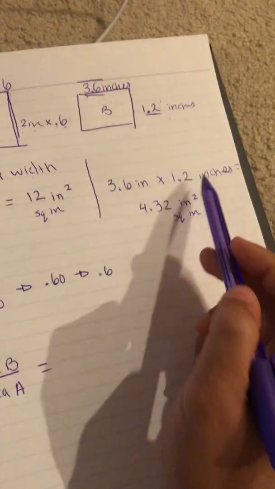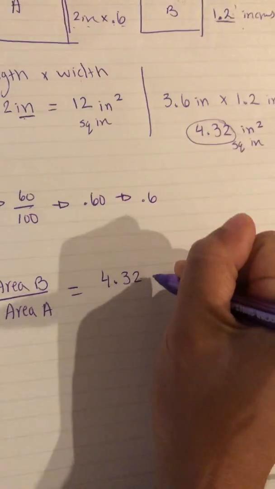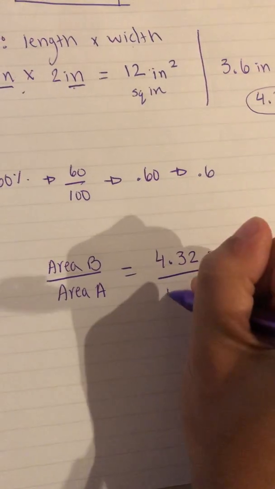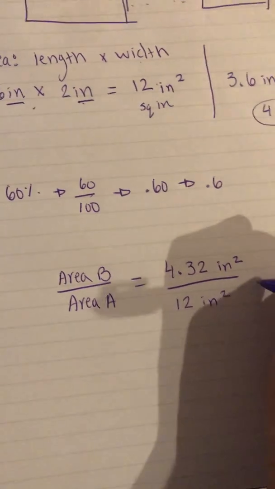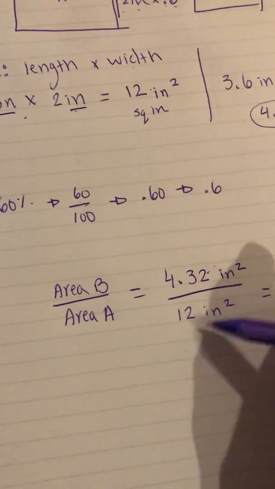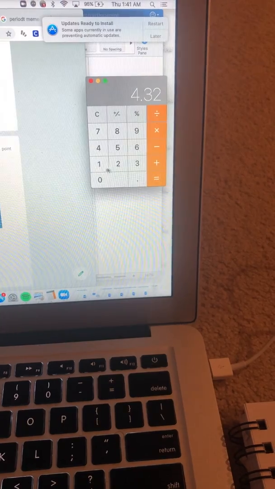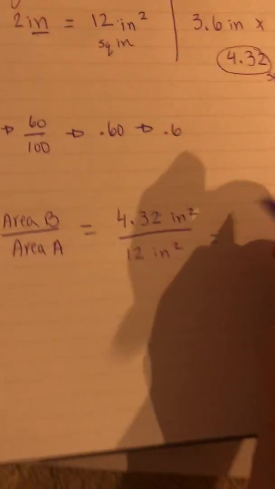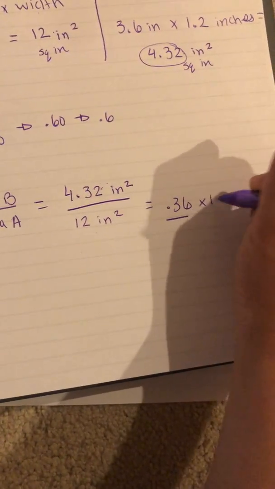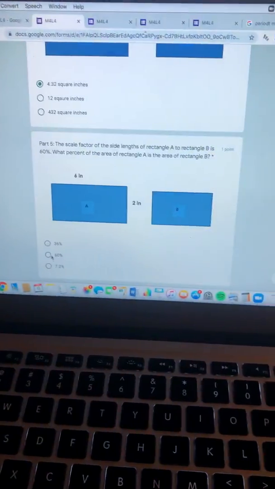Now, the area of rectangle B is 4.32 inches squared. And we're going to divide that by the area of rectangle A, which is 12 inches squared, because I want to see what percent rectangle B is of rectangle A. So we're going to divide 4.32 by 12, and we get 36/100. Now we have to find it as a percent, so I'm going to multiply by 100, and I get 36%. So basically, what percent